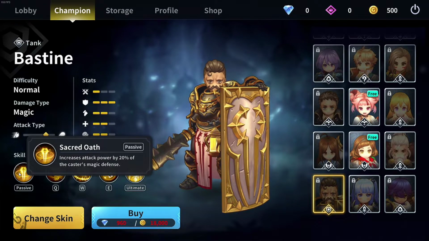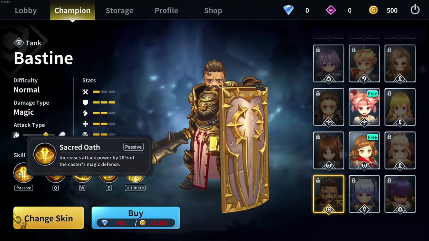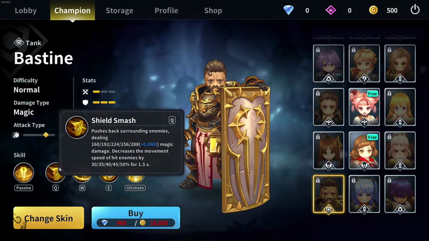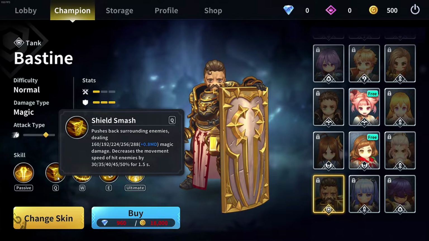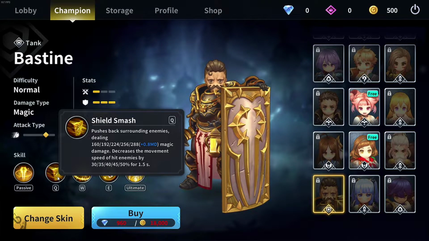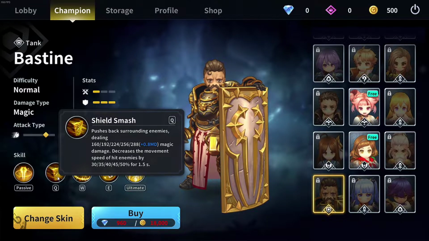And the first skill is our passive skill here, which is your Sacred Oath. Increase attack speed power by 20% of the caster's magic defense. And our first 3 magic attacks or skill based: Shield Smash pushes back your character and pushes back surrounding enemies, dealing a certain percentage of your magic damage, decreasing the movement speed by up to 50% for 1.5